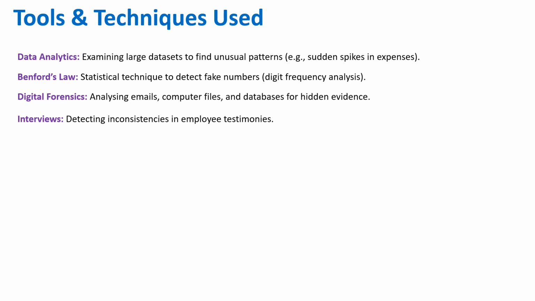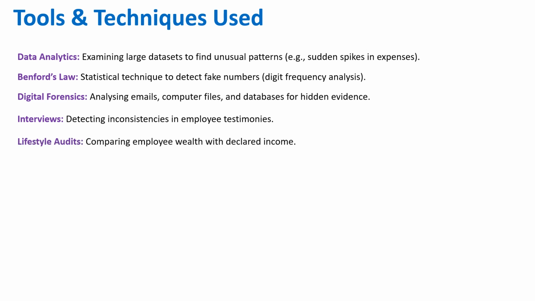Last one is interviews. Once you have all the facts available, the next step is to get more clarity, and the interview is generally done with different types of people, not only the person or the victim. So detecting inconsistencies in employee testimonies. You talk and try to gather information, then validate the same data with another person and find out whether there are any similarities or whether a different explanation is given by a different person. So that is where you can get more clarity, or if there is any doubt, you have more clarity on that.